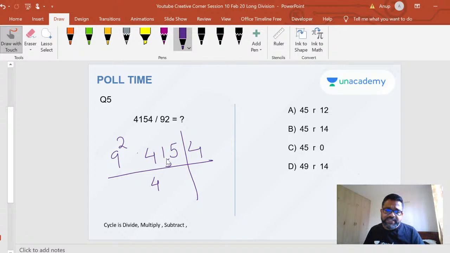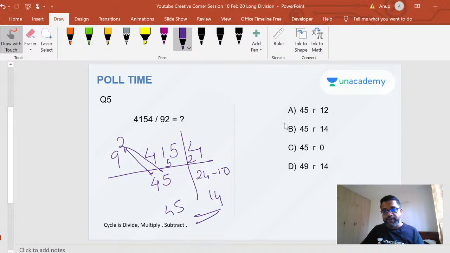So now after this is 55 minus 2 into 4 is 8. So 55 minus 8 is a 47, right? So 47 divided by 9. So when you divide 47 by 9, what do you get? It goes 5 times with a remainder of 2. So now your last step is easy peasy, right? 2 into 5 is 10. 24 minus 2 into 5 I will get. So basically I'm writing 24 minus 10, which is what? 45, remainder 14. What is this answer?